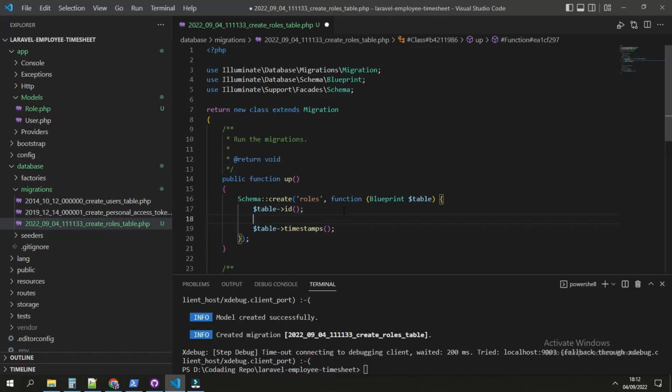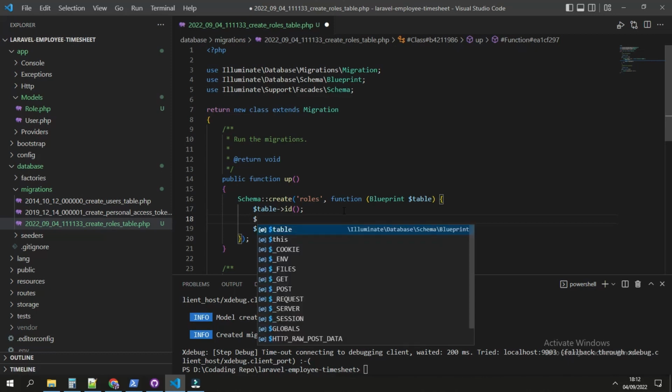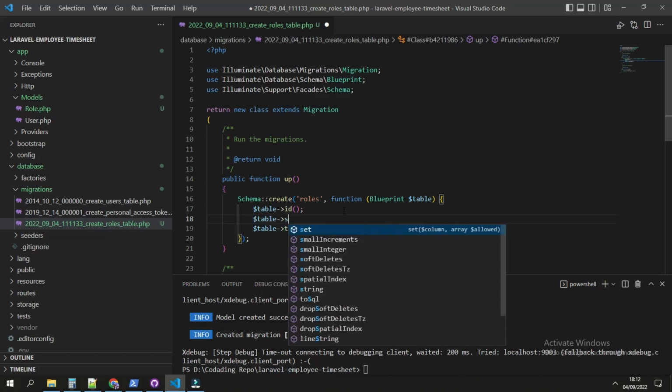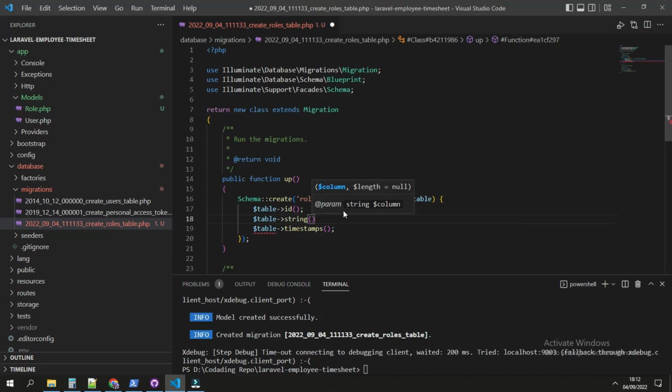We will make the migration scripts with Laravel Eloquent, which already has many methods designed to easily create tables for us. And to add the name column, we code with table, the data type, which is string, and the column, which is name.